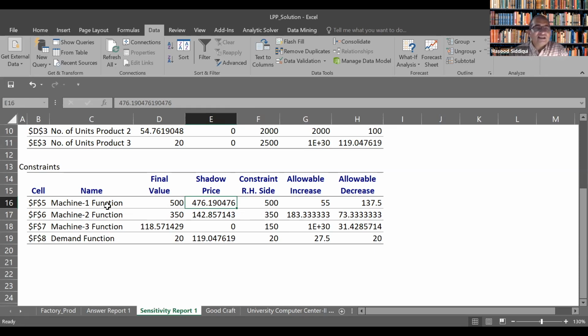And this is for the individual discussion. Suppose you want to consider the simultaneous examination for the shadow price, then obviously we have to calculate the 100% rule that we have calculated in the earlier portion, right? And accordingly, we can discuss whether the shadow price is applicable in that range or not, right? So this is for the allowable range.